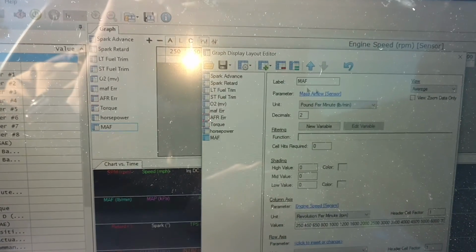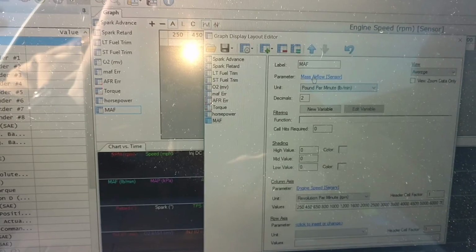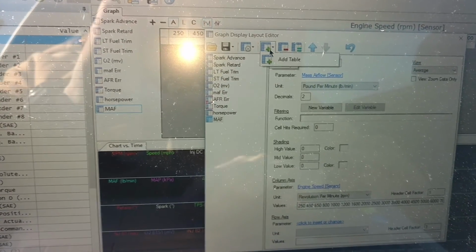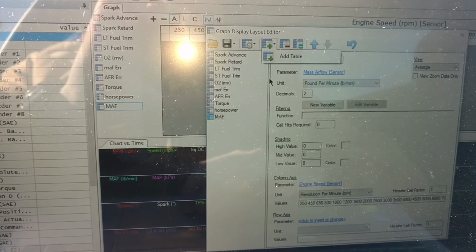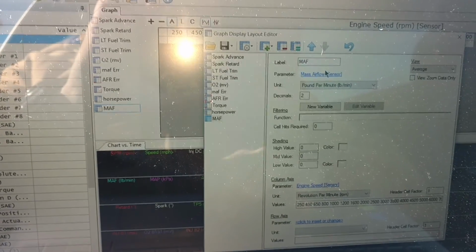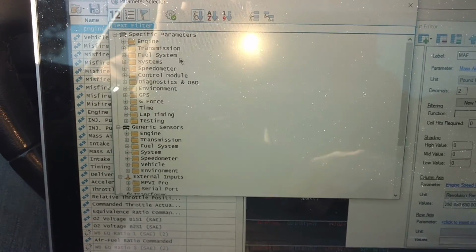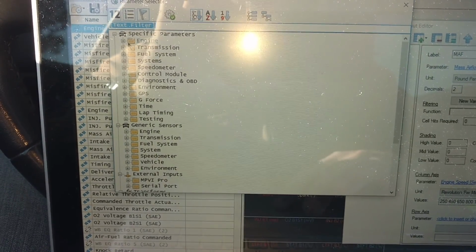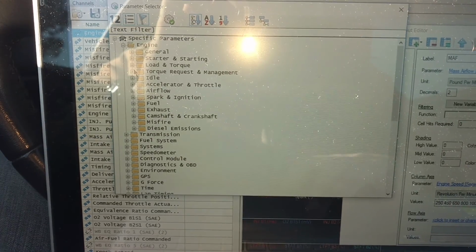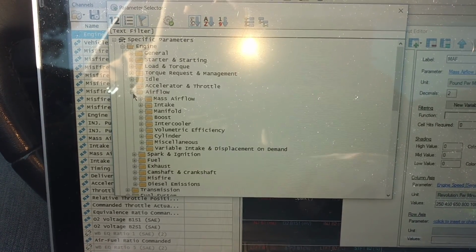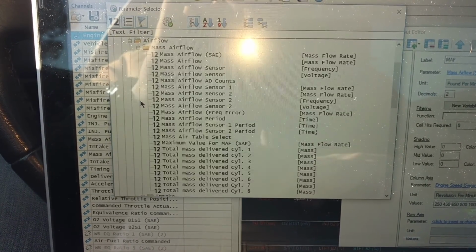And then what you're going to do, come over here, like I said, graph layout. You're going to go here, you're going to add new. I already have one made, but then you're going to click, it's going to say add sensor. You can go engine, airflow, mass airflow